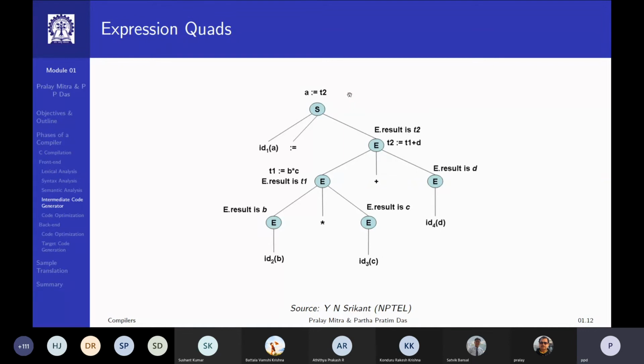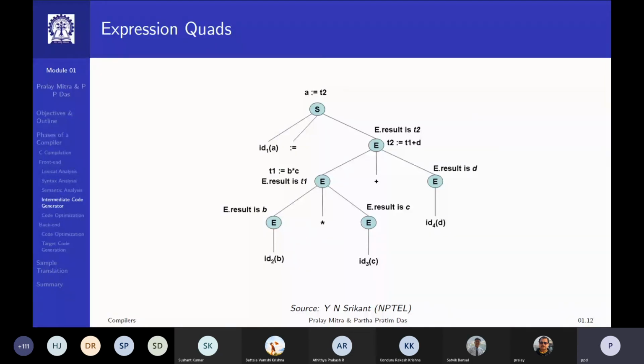Now, the advantage of writing in this intermediate form is that these statements are very simple. And it is restricted that every such statement in this three-address code, or quad, can have no more than 3 address references.